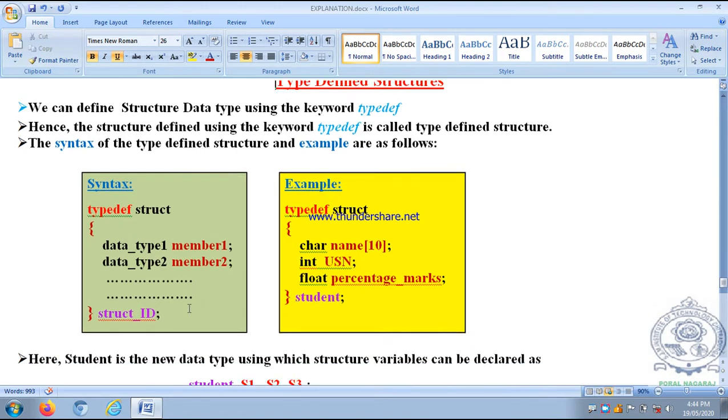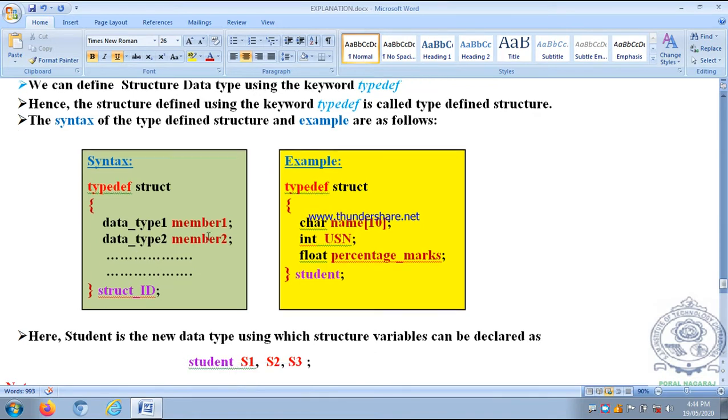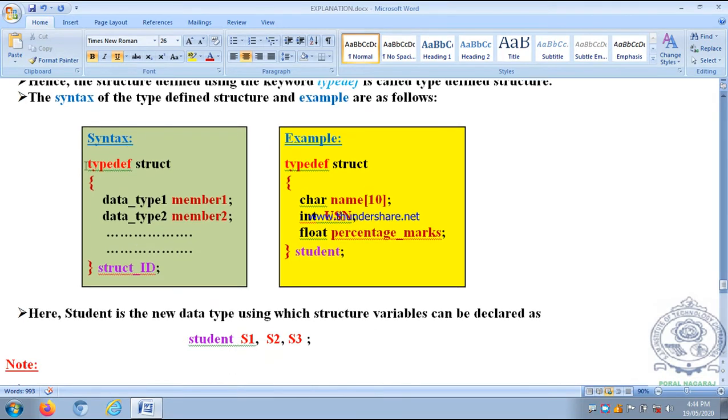Actually the syntax and the example for a type defined structure are as follows. You see, this is the syntax. The definition of the structure begins with the keyword typedef followed by another keyword struct. So typedef is a keyword, struct is also a keyword.